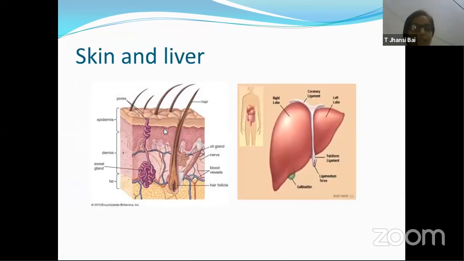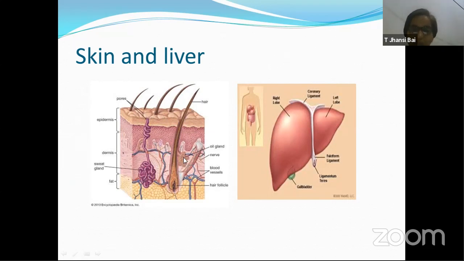In the same way here, skin. Over here, you can find the structure of the skin. I'm not getting into the details. My concentration is over here, which is a sweat gland, which you can find present in the dermis. And here there's another gland, which we call the oil gland. So sweat glands remove sweat. Sweat is liquid, again, excretory waste that is generated from our body. Sweat is a combination of water, salt, urea, and sometimes if you do exercise, then even lactic acid is produced. So sweat glands remove all those things.